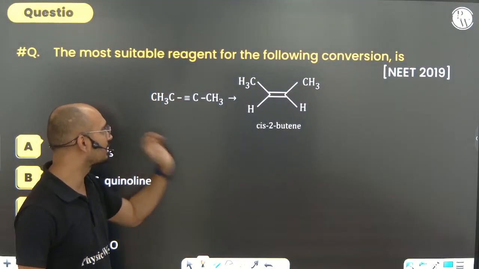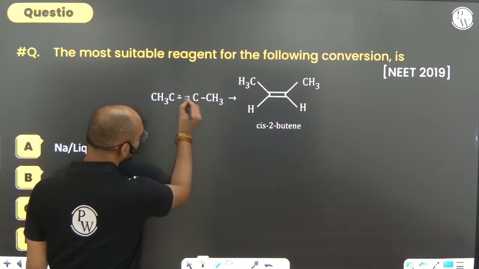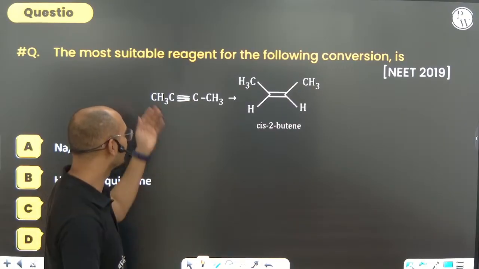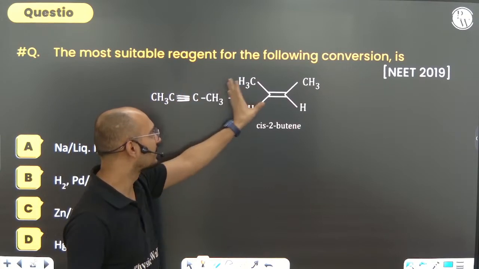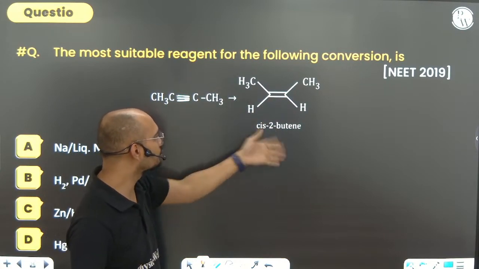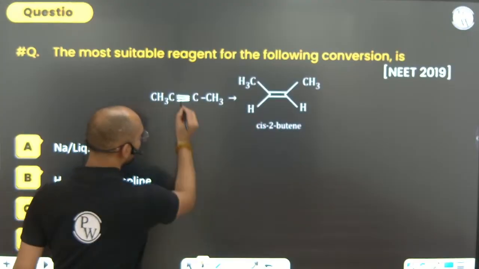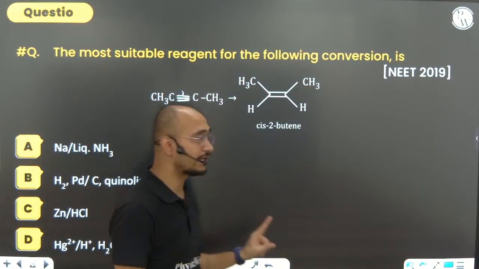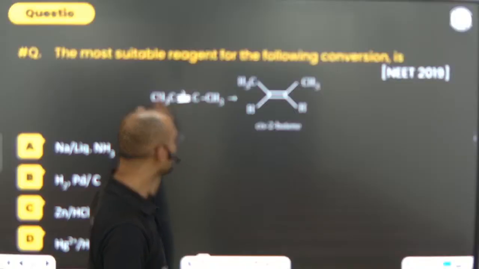Can you see here there is a triple bond, so therefore alkyne is there. अच्छा देखो ये थोड़ा गड़बड़ है. Triple bond CH3C triple bond C CH3. Now it is converting into cis 2 butene. अच्छा देख रहे हो, one bond is going to be broken. अच्छा ब्रेक करने के लिए क्या करोगे? इसे हाइड्रोजिनेट करने वाले हो, meaning you are going to hydrogenate it.